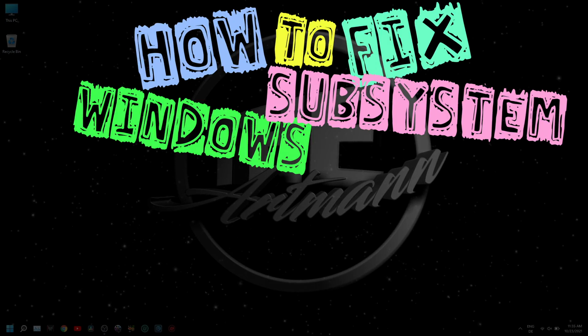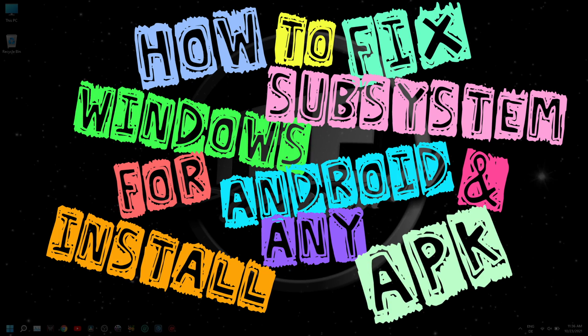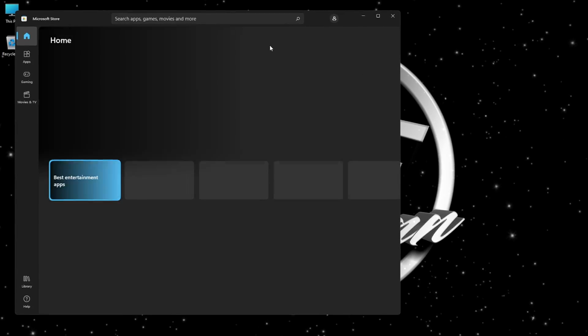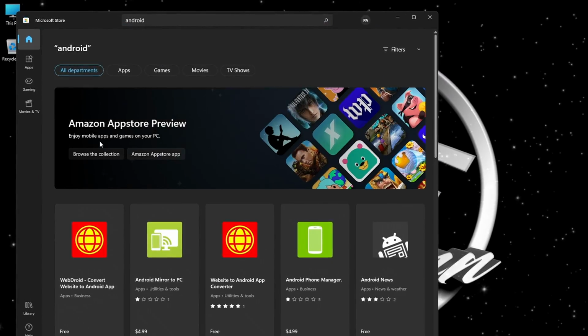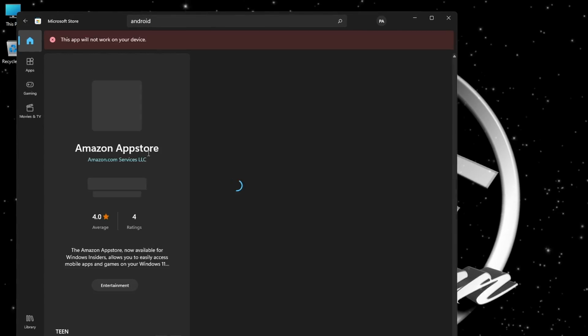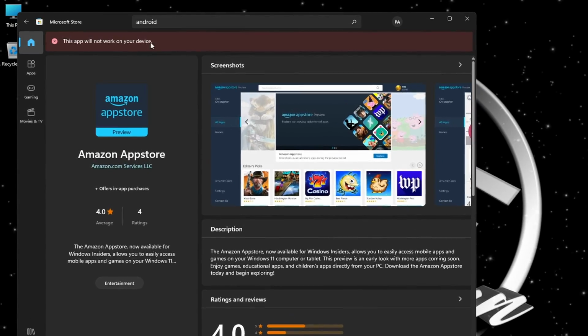How to fix Windows Subsystem for Android and install any APK. Well, if you're lucky like me, then chances are that your device will not support Android Subsystem for Windows at the first try. But that doesn't mean that there aren't ways to get it working, and install your favorite apps